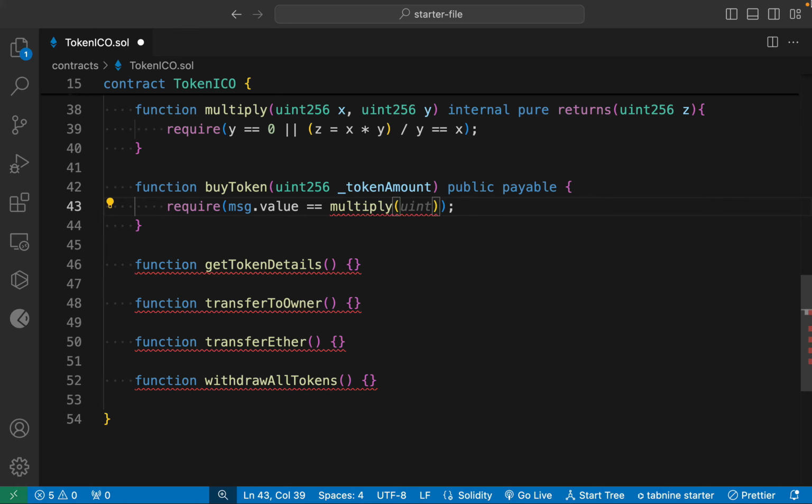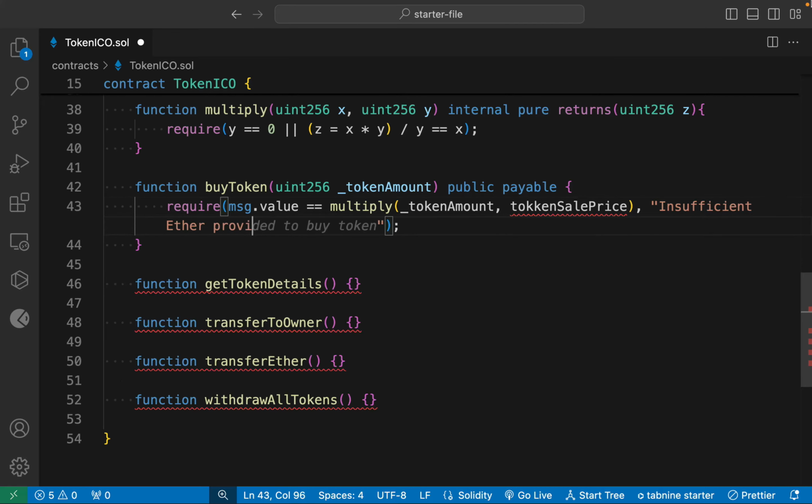So first is going to be the token amount which we are getting from the input. Now we have to simply pass the token sell price. I hope you guys can understand the logic of what we are doing here. So that's what we are passing, and it's going to give us the actual value which the user is going to pay. We have that. Otherwise we have to simply throw the error message. We'll say insufficient ether provided for the token